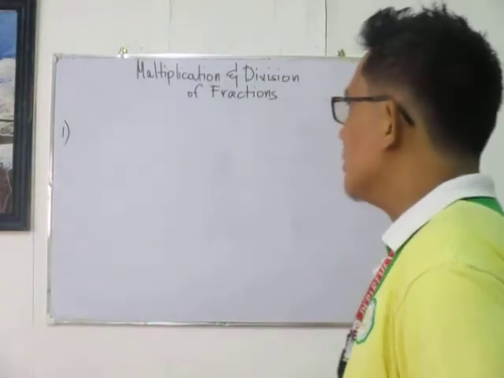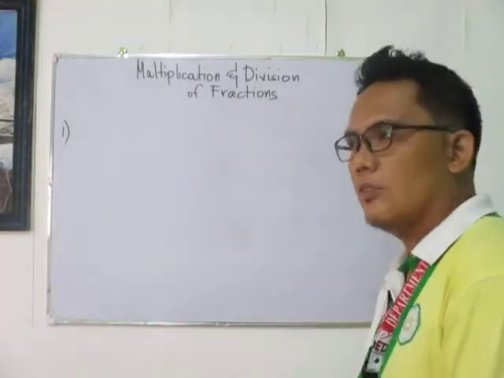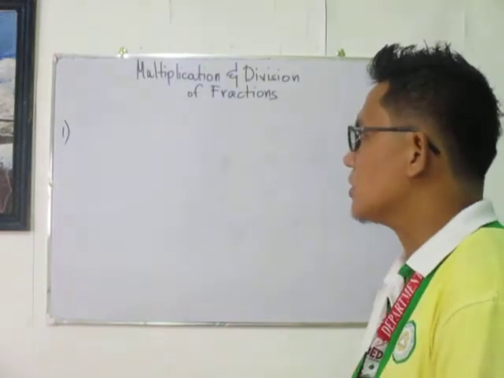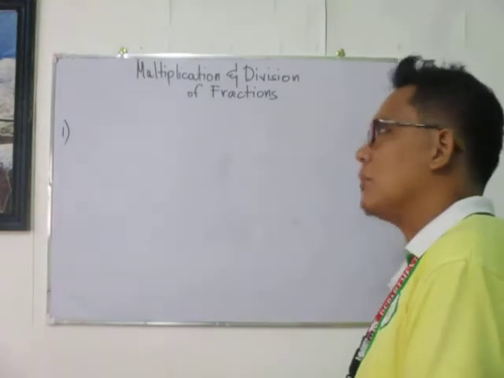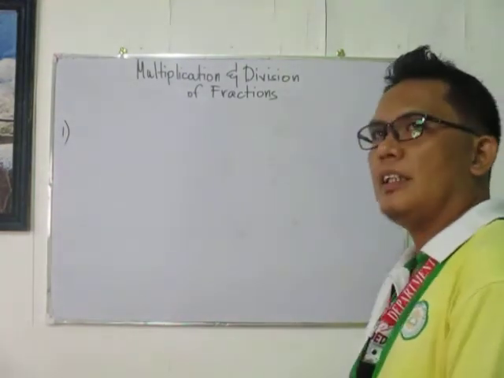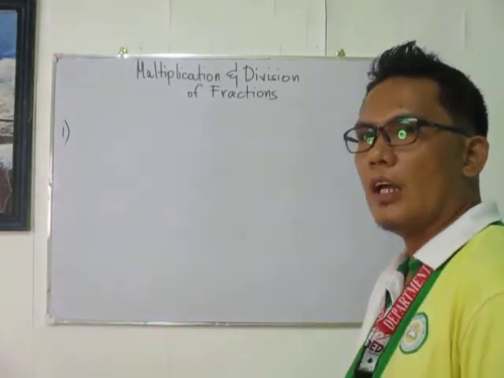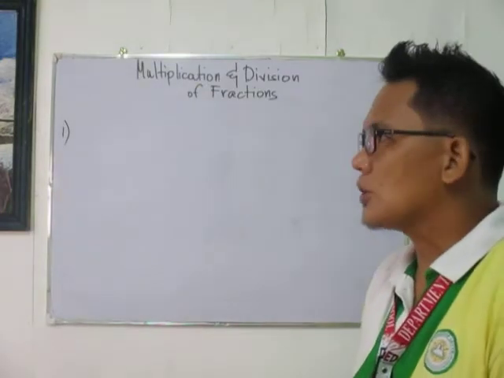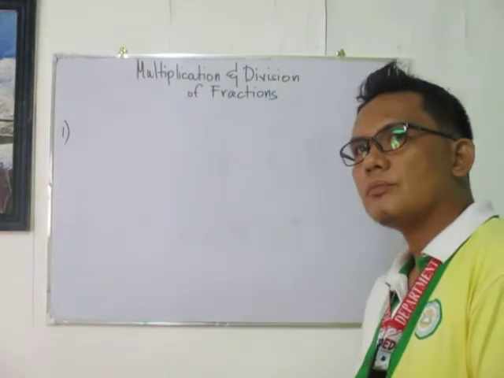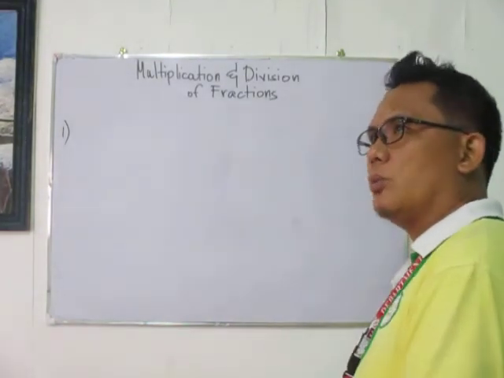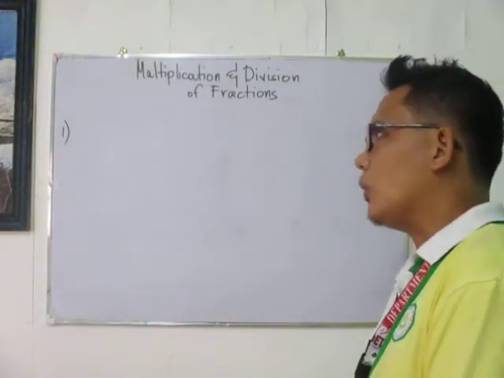Okay, we're done with multiplying fractions. So let us now go to division of fractions. How are we going to divide fractions? Basically, division of fractions is slightly similar to finding the product of fractions. But in division of fractions, in finding the quotient, we will have to undergo one process before we proceed to multiplication of fractions, and that is finding the reciprocal of our